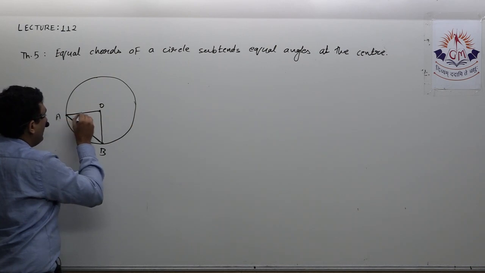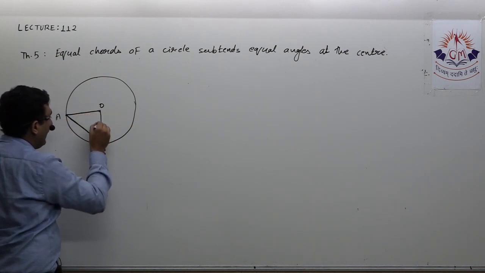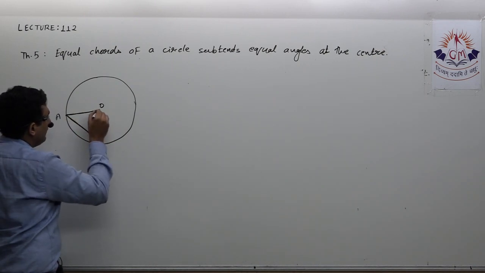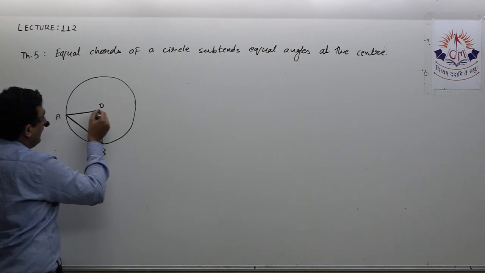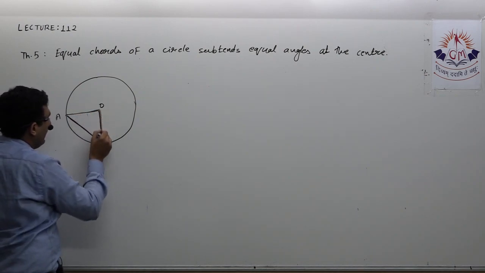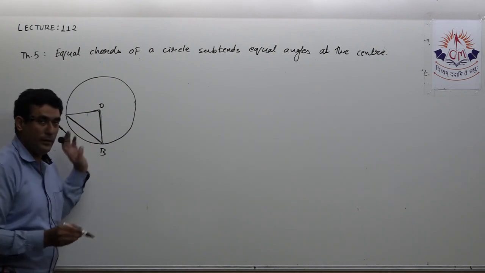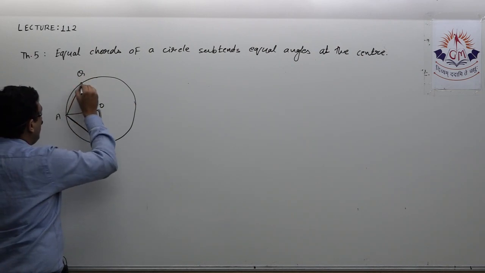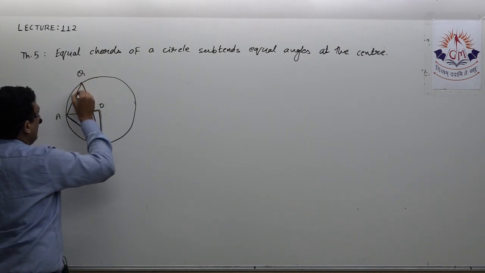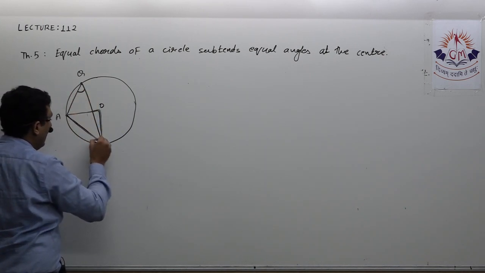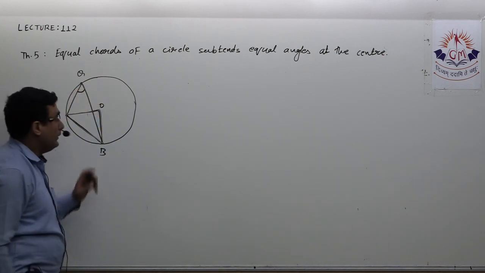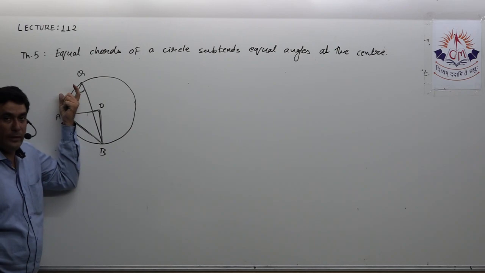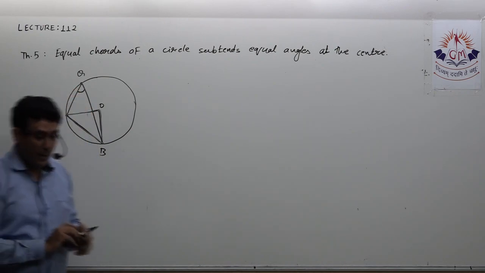We can say if we start two rays from both ends of that chord towards the required point, over here it was the angle subtended at the center, so angle AOB is called the angle subtended by chord AB at the center. Suppose if AB subtends an angle at point Q, then this will be angle AQB subtended by chord AB at the point Q. So towards the required point we draw two rays that meet at that point. That gives you the angle subtended.